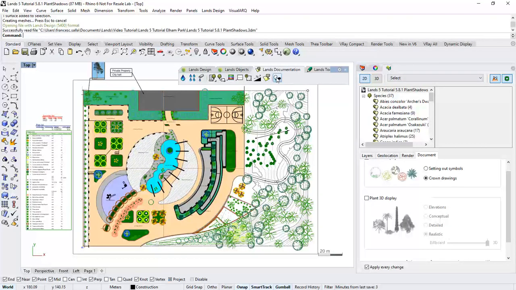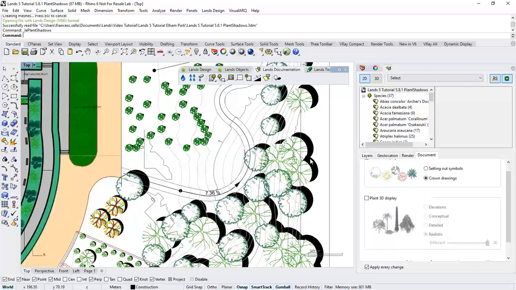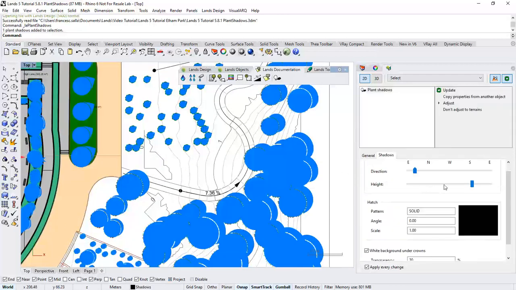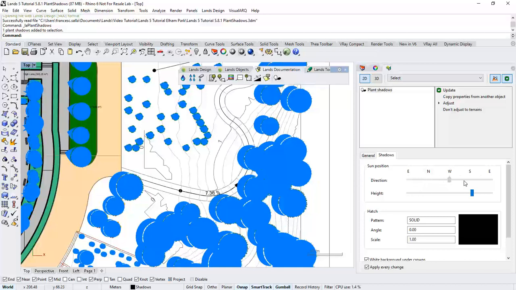Let's take a look at the plant shadows command. When we run this command, we insert a group of hatches that are generated under the vegetation species in order to give a shadow effect into the plan views. If we zoom in and select the shadows, we can edit its features from the Lens Edit panel. We can change the direction to west or south, for example,